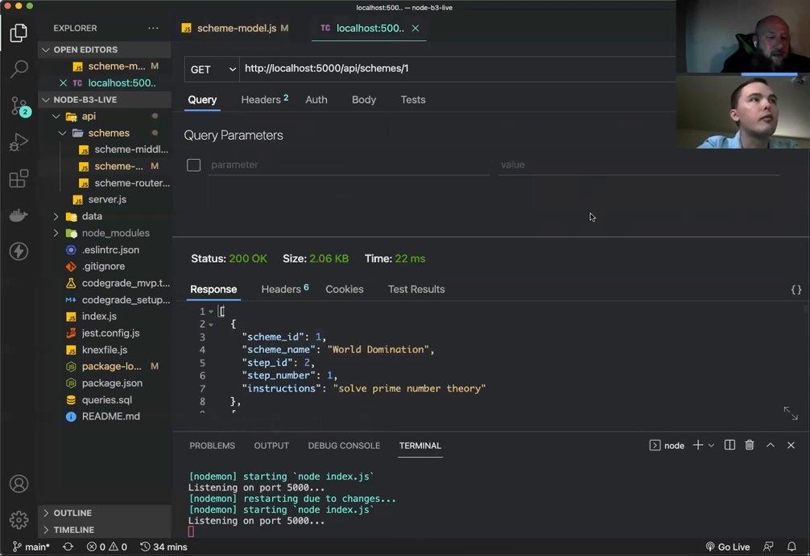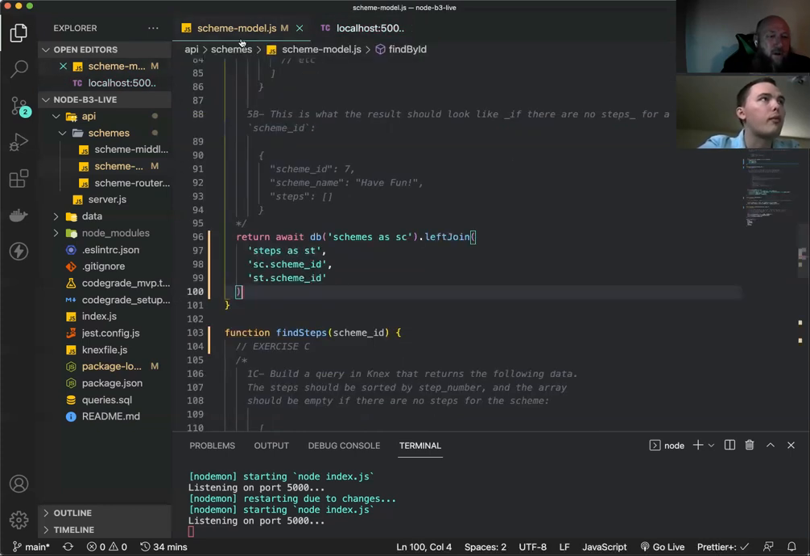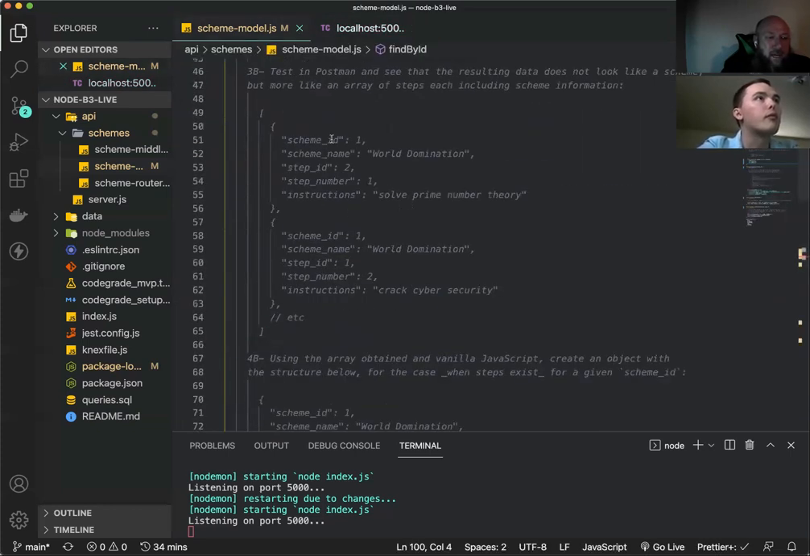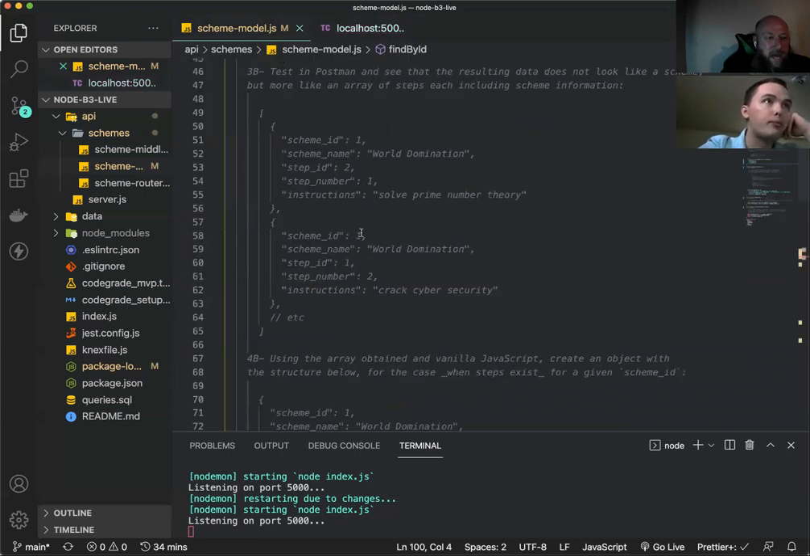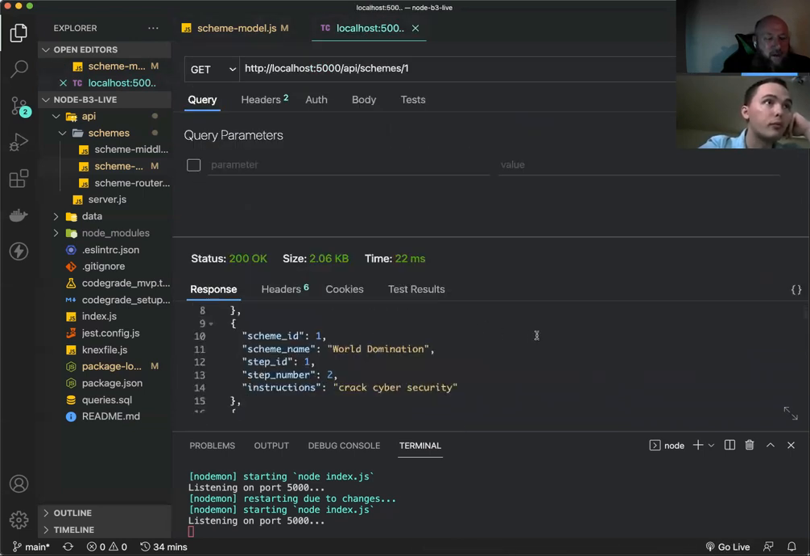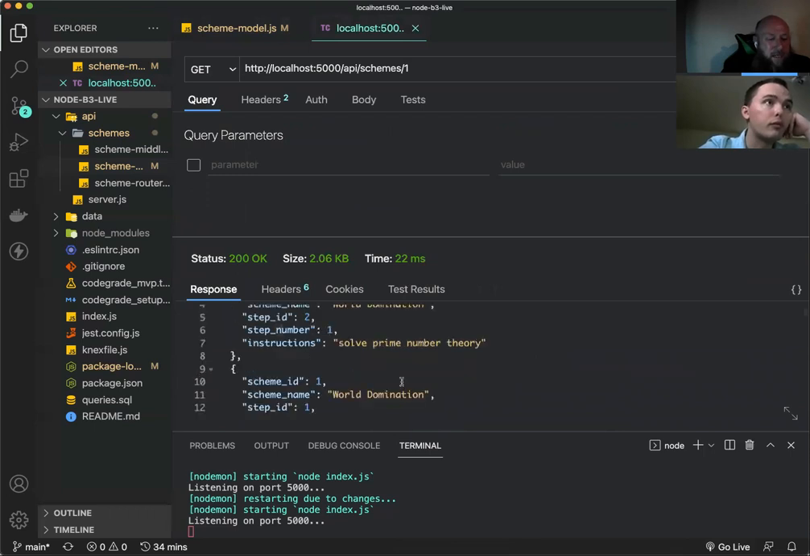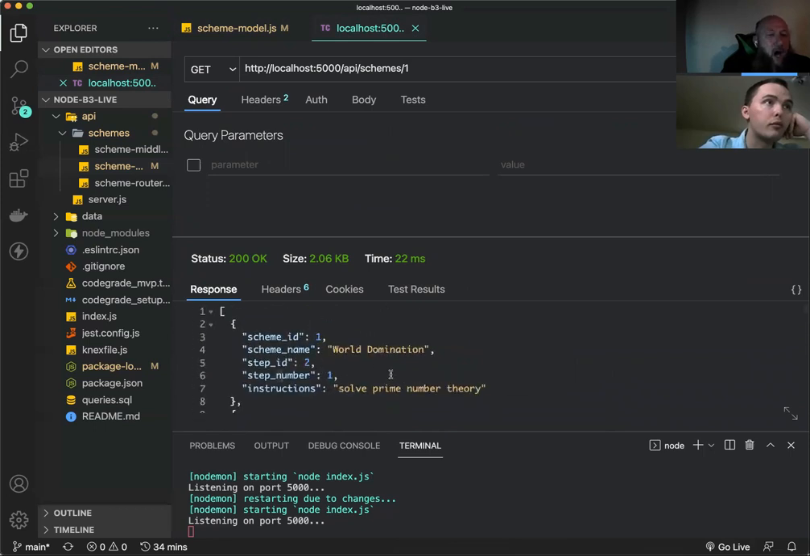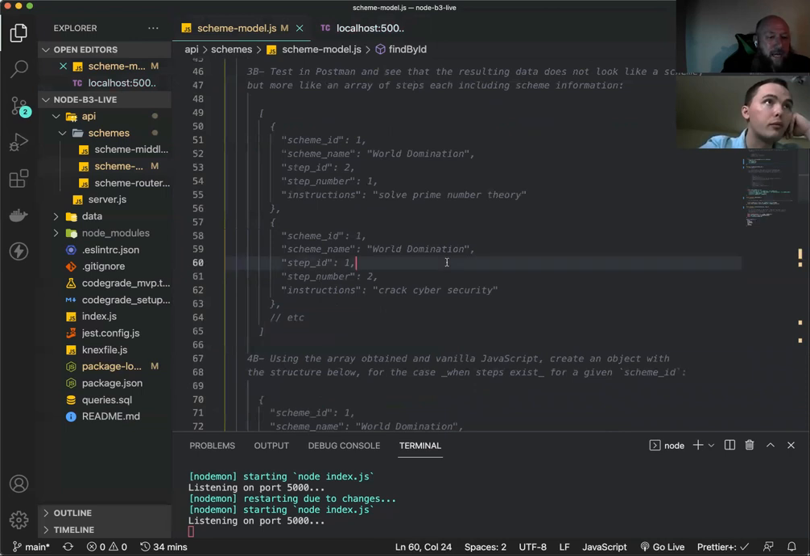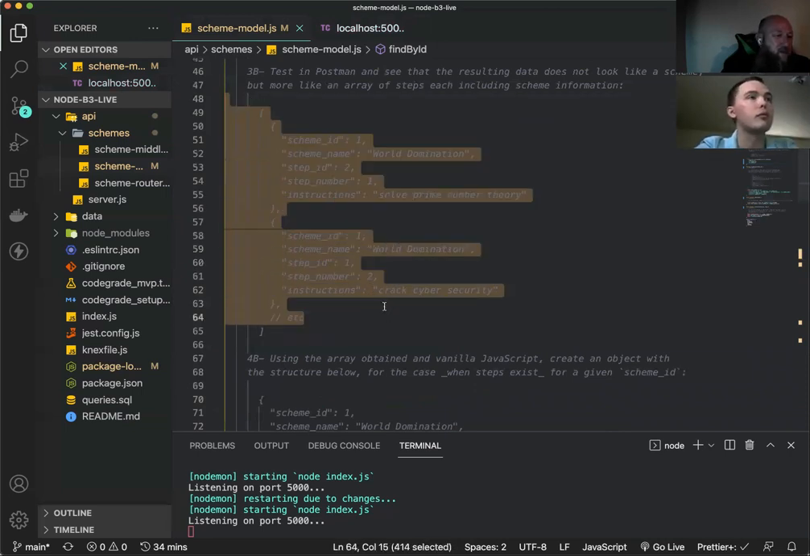Let's run it. Now look, 1, 2, 3, 4, 5. Look at what we're supposed to get. Scheme ID 1, name world domination, step 2, number 1. Go over here and we look at this. All right, scheme 1, world domination, step 2, number 1, instructions. And then if we look at our code here, step 2, step ID, all right, step, scheme ID 3, step 8, right? So we have some oddness happening,